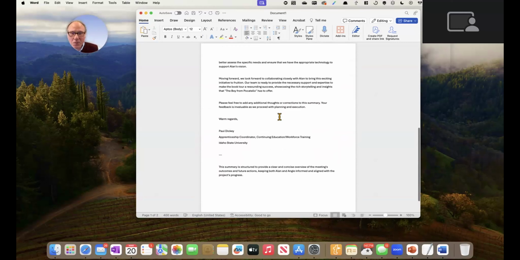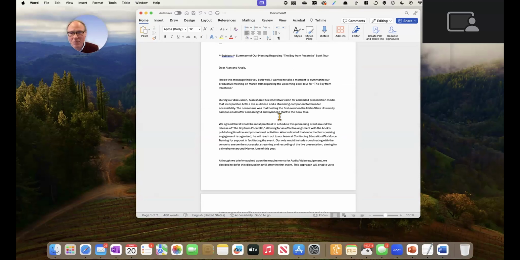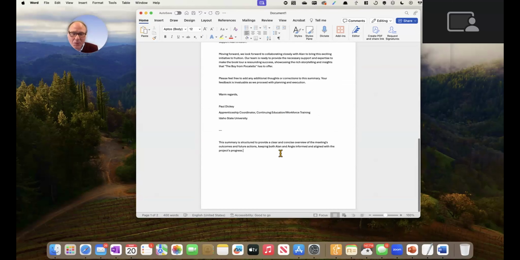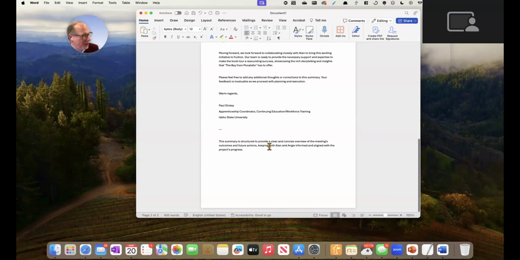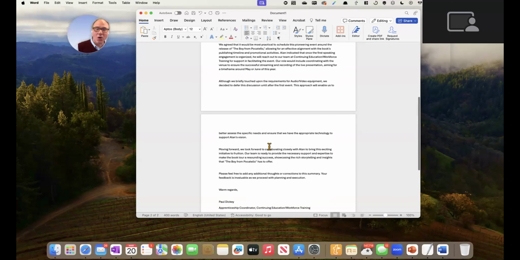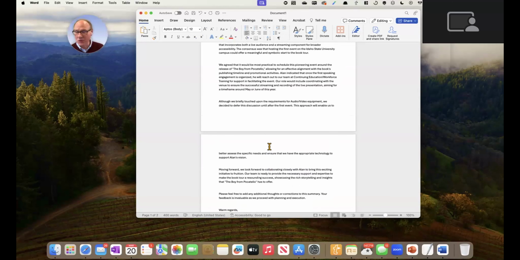I don't know about you, but you might have written an email, copied it from the clipboard, put it in your email program, and now it's got all these asterisks in it. What is that all about? Because it's in Markdown. So what you want to do in the future is copy it from the clipboard, then convert it from Markdown into rich text so that you can put it in your email.